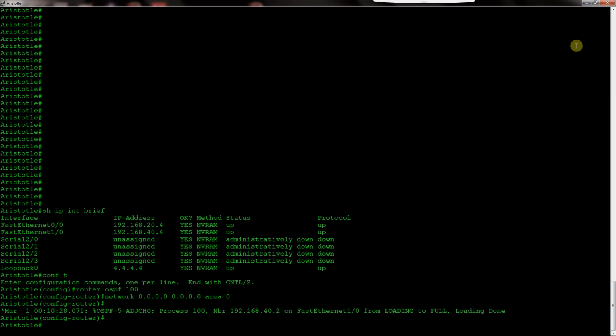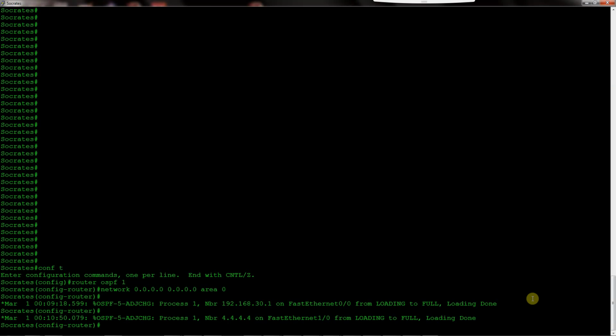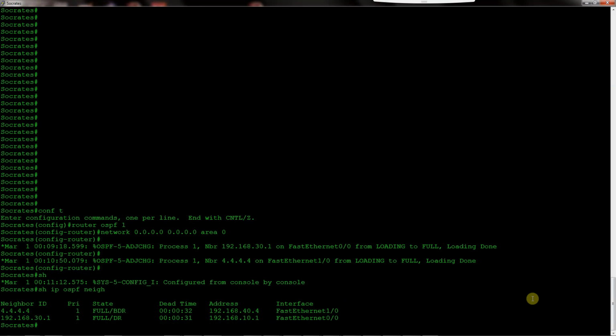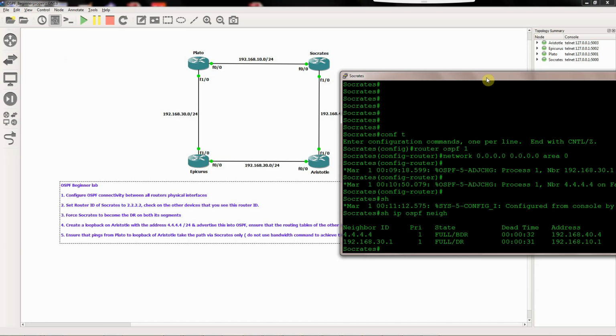So let's have a little look across all our devices and check what we've got now. Check that with your show ip ospf neighbor command, and as you can see, we've got a neighbour relationship formed between Plato and Aristotle. A little bit interesting to note, we're going to talk about the router ID next. Now, as you can see, the neighbour Aristotle has announced itself as 4444, and the neighbour Plato has announced itself as